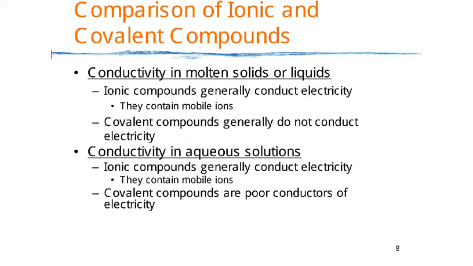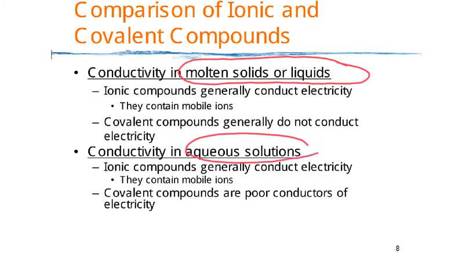You're going to see for ionic compounds, they're going to be conductive in both the molten solid, kind of the lava state, and the liquid state, as well as the aqueous solution state. However, covalent compounds, you're going to see, are not conductive in either the molten solid or liquid stage, and usually not even in the aqueous phase. Sometimes they can be poor conductors in the aqueous phase, but in general you get conductivity from ionic compounds but